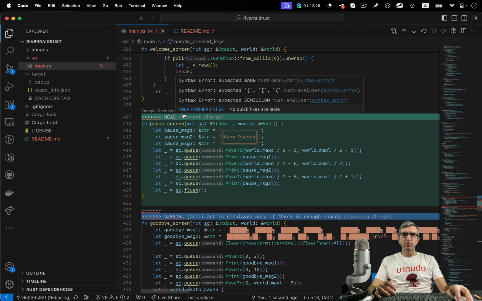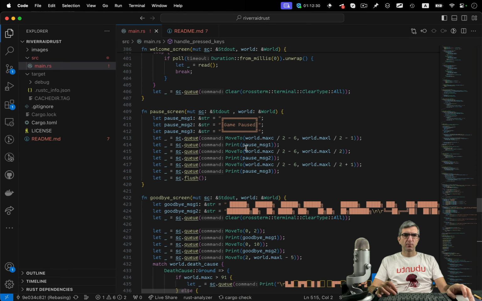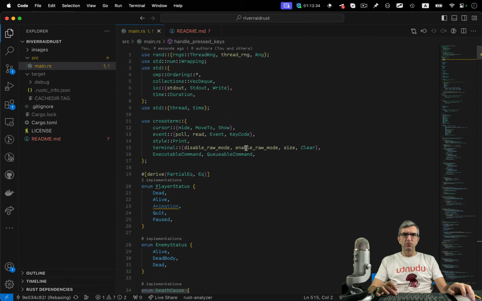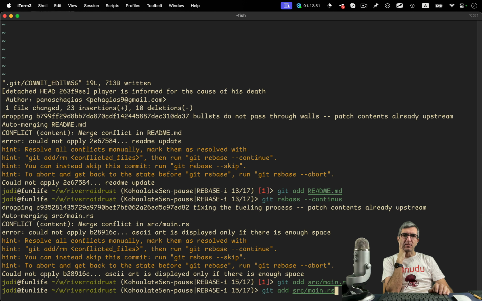Okay, I will accept the current change for this. But where is he checking this? Are these two different commits? This is not nice, but no problem. I'm helping him a lot, which is good. And I might make mistakes, but let's continue. Add main. Rebase continue.